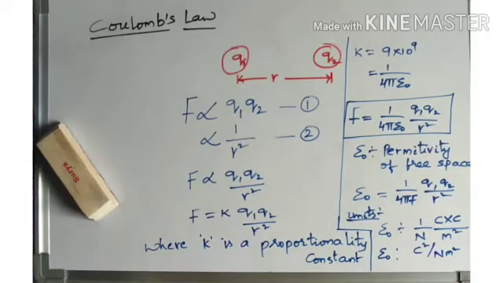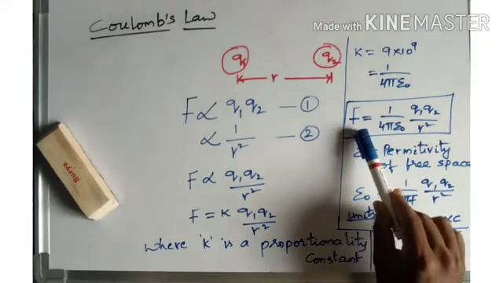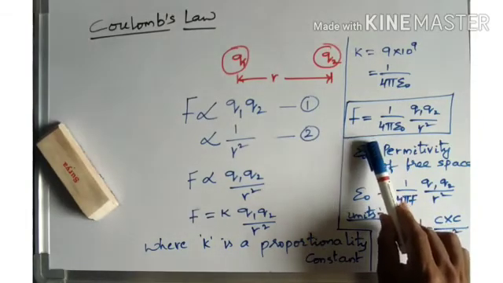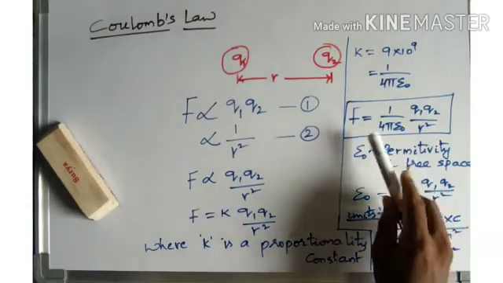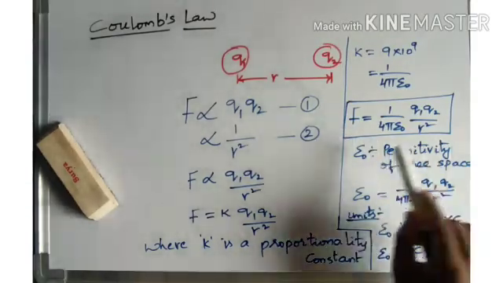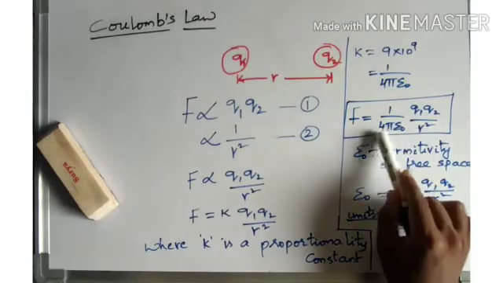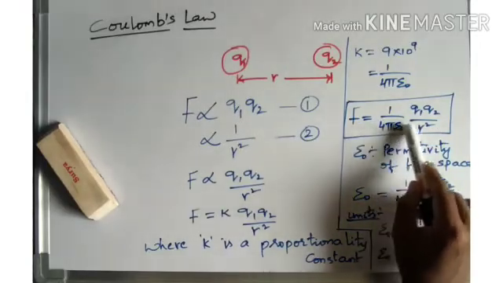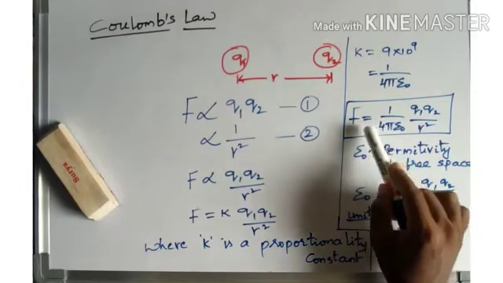So this is the information regarding Coulomb's law. But the question that arises here is, is it telling about the direction of the force? No, it's not telling about the direction. We'll call this expression the scalar form of Coulomb's law. What is a scalar form? Scalar form is the form which tells only about the magnitude. So here we do not have any information regarding the direction of this force.